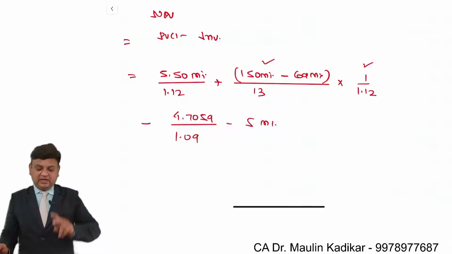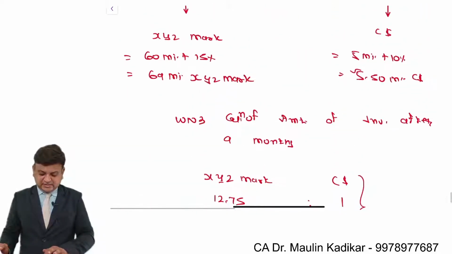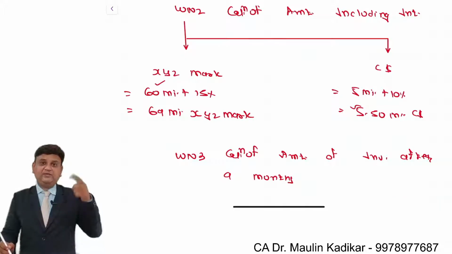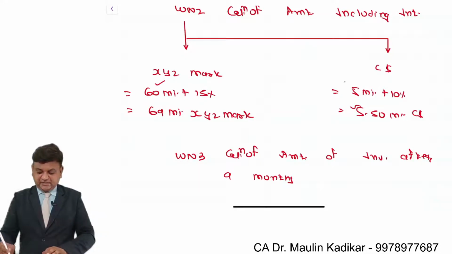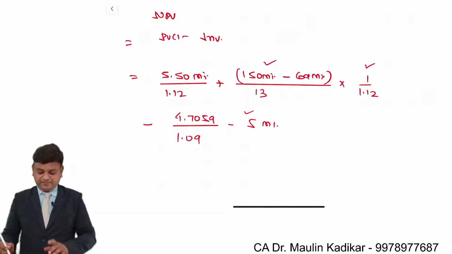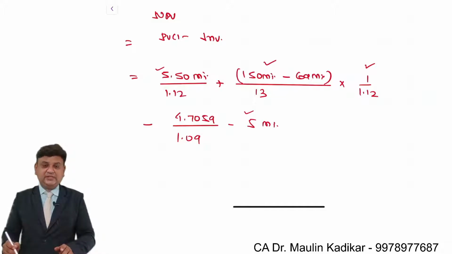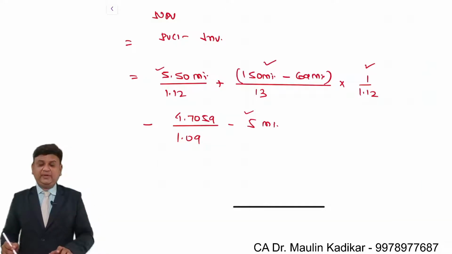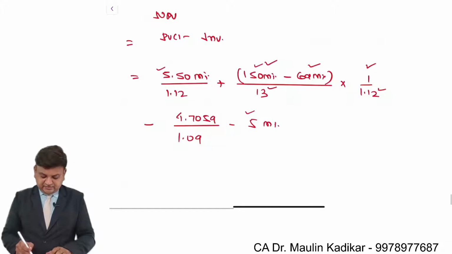Because in year 0, whatever amount we receive, this 60 million, is invested in the project. Whatever amount of loan we have given to the XYZ bank for the currency swap is considered to be a year 0 cash outflow. At the end of year 1, it is received along with the interest. At the end of year 1, we are required to repay the loan that we have taken for investment, 69, that is paid out of 150. That amount is converted into Canadian dollar by using the exchange rate. Again, it is discounted in the present value term. This is the way we are required to calculate the answer